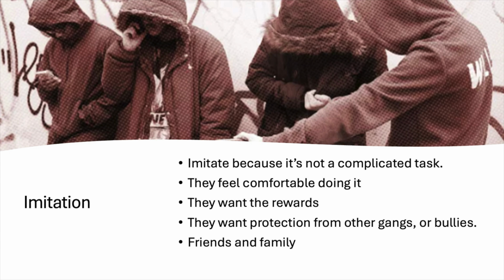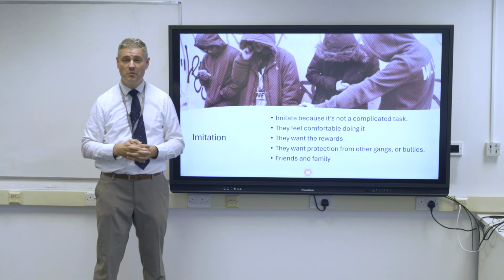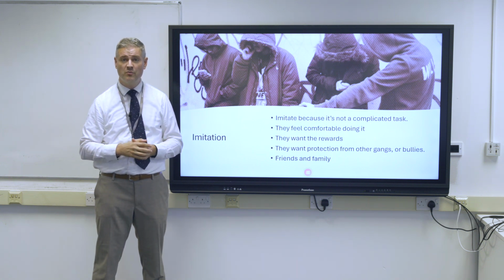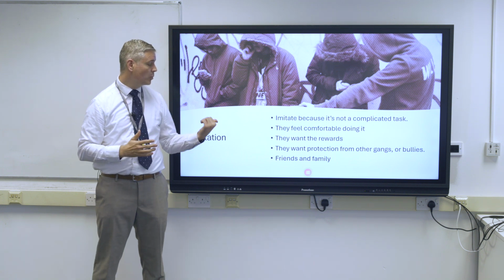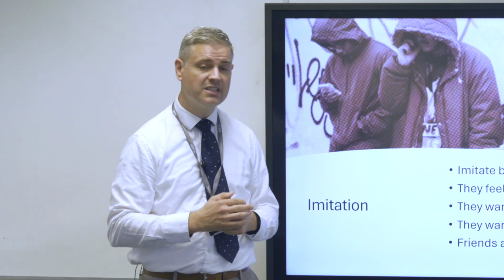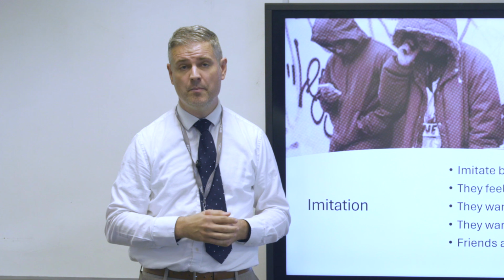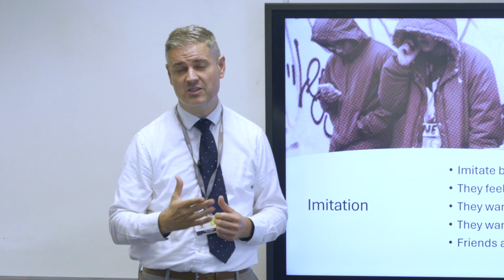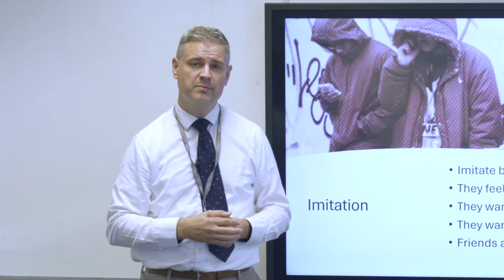Now, imitation, from being able to do perspective, it's actually quite an easy job. If you think about it really, selling drugs on a corner and people giving you money and you giving it back, it's not a complicated task. And so in terms of them feeling that they're able to do it, they often feel more than able to do it. They feel comfortable doing it because they might be amongst friends and other people around them that they know. They want to get the rewards of that money and cash that we talked about a little bit earlier. And they want to be protected from other gangs as well. And often, a lot of them are linked in there with other family and friends. So they'll often have a friend that's part of a gang, or maybe a member of their family that's part of a gang as well.